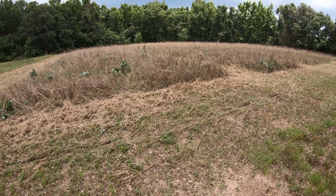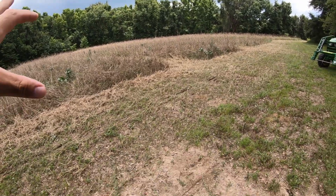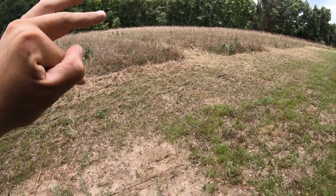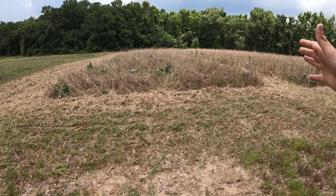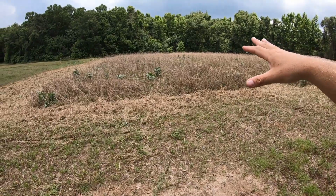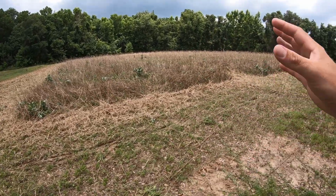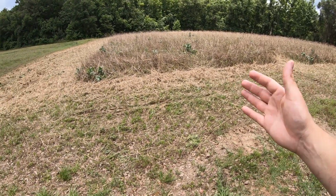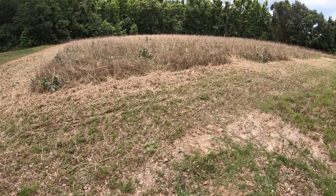worked up and ready for, usually what I'll start out with is a soybean food plot. Then I'll go into like some cow peas or acre peas, and then later in the winter what I'll do is plant this in winter oats for the deer, because that does really well down here all winter long. And that way I'm just constantly giving them something green from about July all the way through early spring next